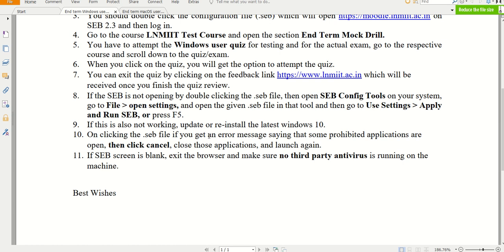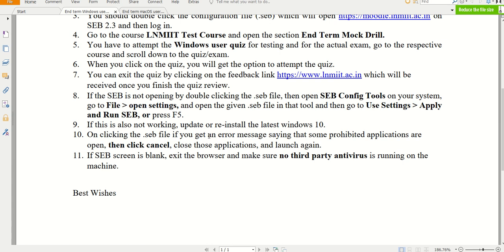Okay, so one more error which will come once you are taking the exam, everything is going fine. Suddenly your window freezes. You are not able to go from one question to another, you are not able to type anything, and the timer has stopped. That means your internet is disconnected.